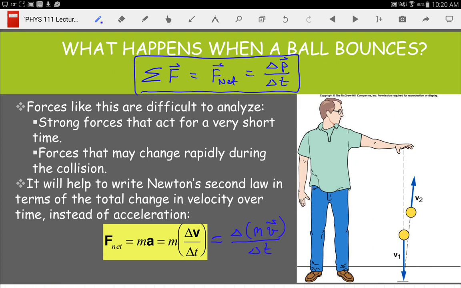Now, why is this important? I can take this equation and I can solve it for change in momentum. Change in momentum is the net force acting on an object multiplied by the time over which that force was acting. Now, we are out of time, since that word just came up, so I will on Monday begin talking